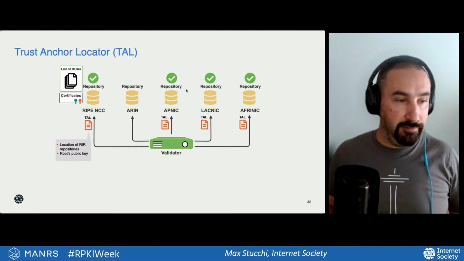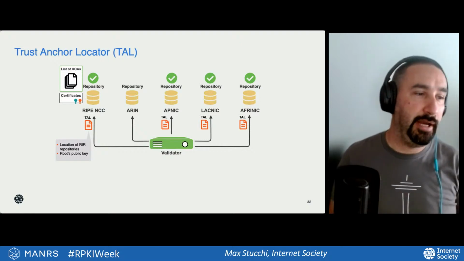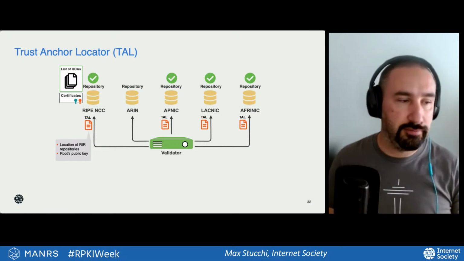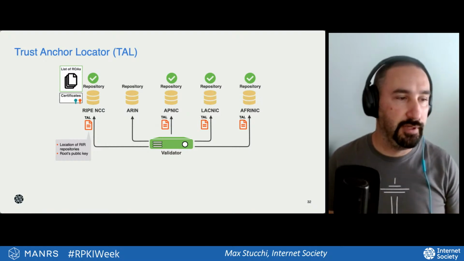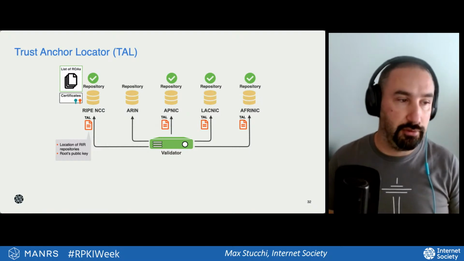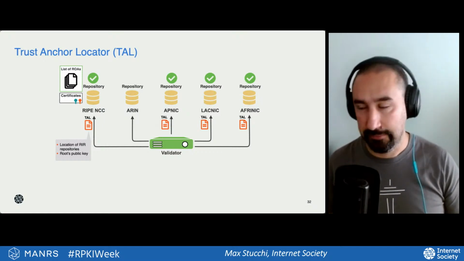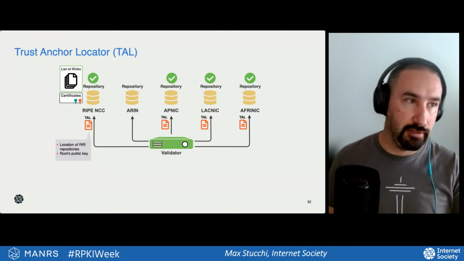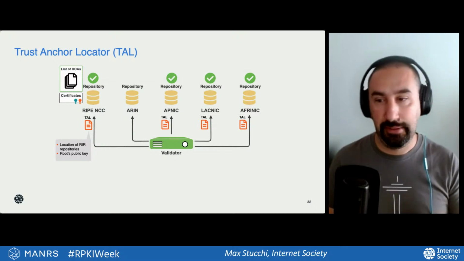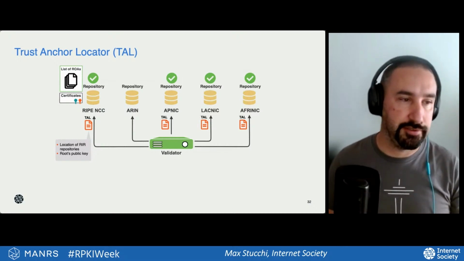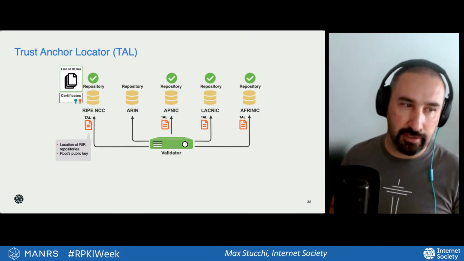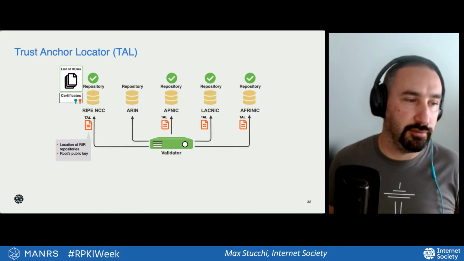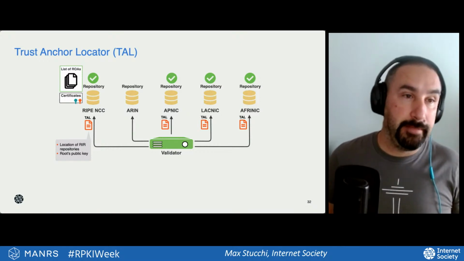So in a graphic, how does this work? You have the different regional registries. They all have repositories. Actually, not all of them, we'll get to that in a moment. And they have a file they distribute called the TAL, the Trust Anchor Locator. That file contains the location of the repositories, the URLs for rsync and RRDP, and then the public key for that registry. You see that ARIN doesn't have a green check above it, and there is no TAL next to its arrow. That's because ARIN